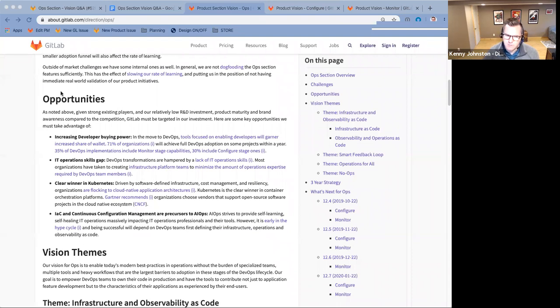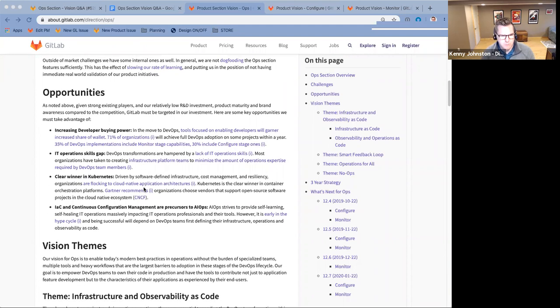Some opportunities, my TLDR on the opportunities is there's definitely a market realization that developers are the kingmakers in these tooling, and that we're asking developers in this DevOps world to own more of the operations process. So the developer buying power is increasing, and as a result, you have people who don't have as much pure operations skills available to do pure operations. And so there's this notion of how do you teach developers to do some of these operations tasks and how do you enable them to do that well. That means that a developer-focused ops tool has a clear path for success in this market.